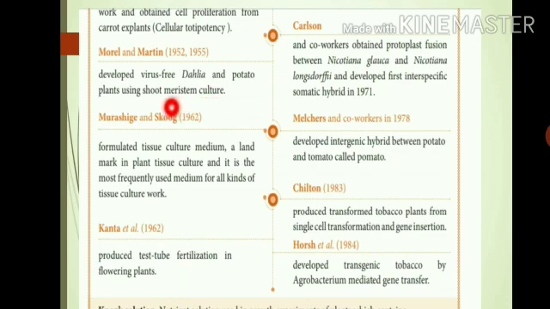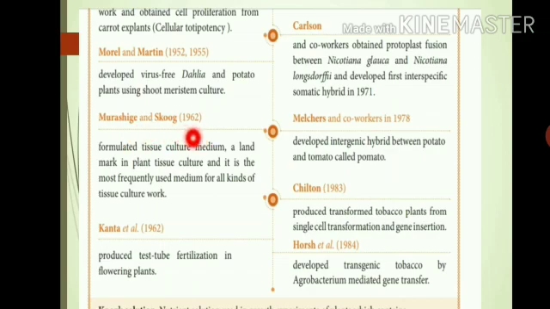In some of the branches, lateral meristem and intercalary meristem are present. Here, lateral meristem is also present in the plants. That is called shoot meristem culture, which was developed by Morel and Martin in the year 1955. Next scientists were Murashige and Skoog in the year 1962.